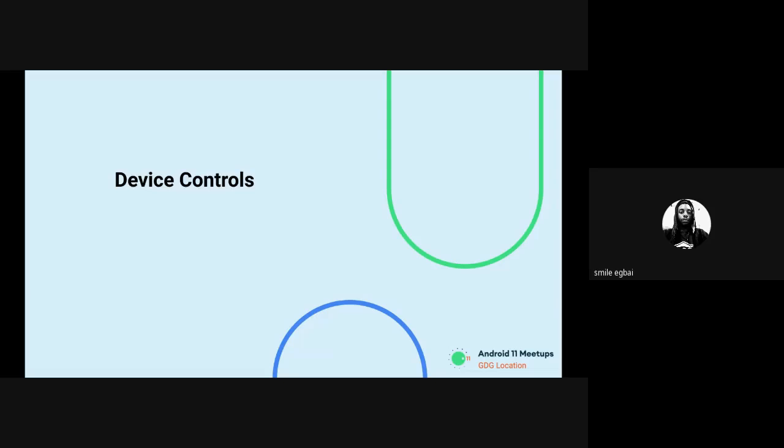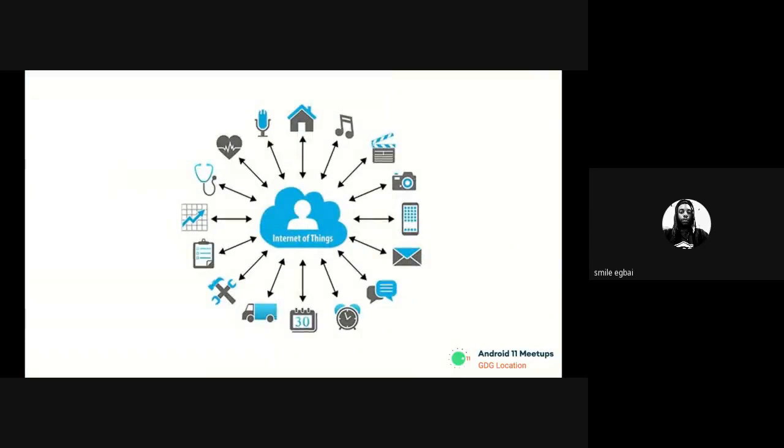For the past 2 or 3 years now, we've seen how the Internet of Things has been overtaking the whole world, and everybody is talking about creating smart homes, smart cars, smart sensors everywhere. Now, you could just be getting close to your house and your lights turn on. Use your phone to control your alarm system. You could be in the office and be controlling your cameras at home. Everything is really getting connected, and it's quite inspiring to see that Android is also taking a very good step